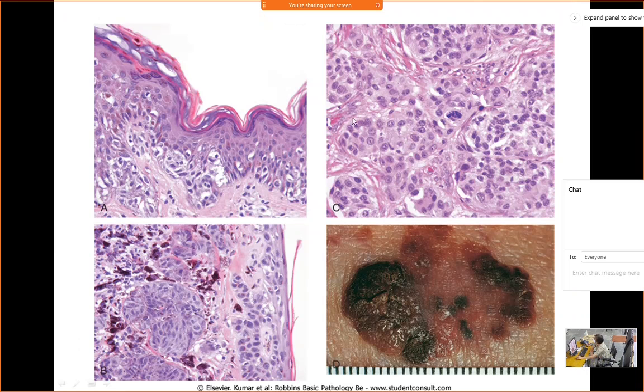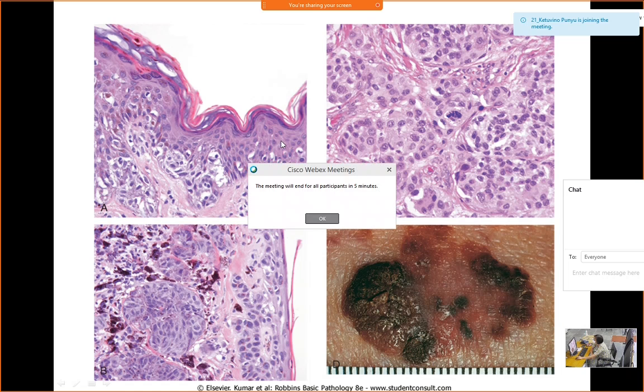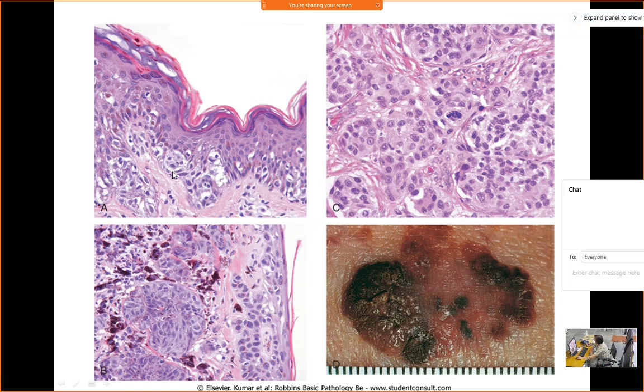This is how it looks histopathologically. This is a stratified squamous epithelium, and these are the cells which are the melanocytes. And here they have formed islands of proliferating cells. Here you can see an abnormal mitotic figure. Sometimes these melanomas, because they are basically melanocytes, may produce a lot of melanin, that is the brown pigment here. So this is the stratified squamous epithelium, this is the melanocyte with the melanin pigment, and these are the melanocytes which have proliferated into islands with the pigment in between. So when there is pigment, it is quite easy for the pathologist to say that this is malignant melanoma.